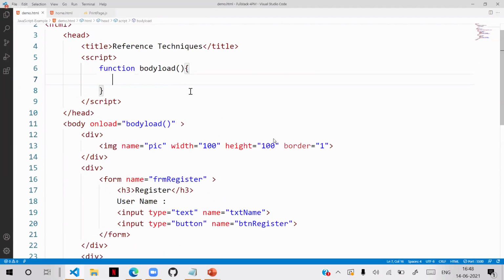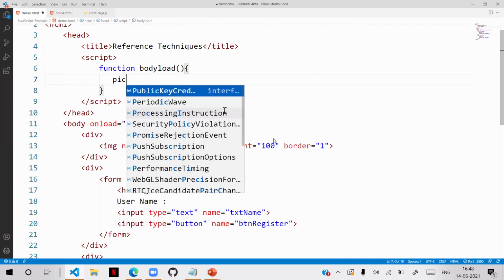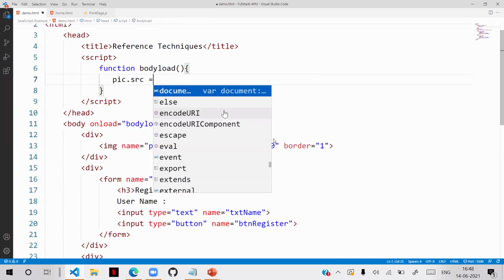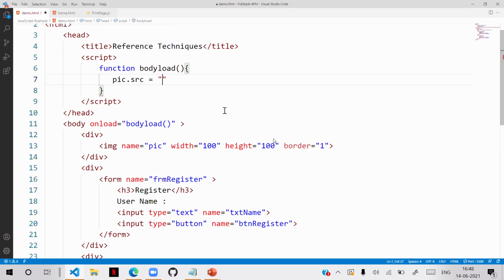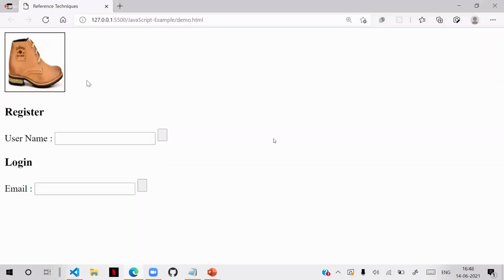Here in body load, you can simply write pic.src is equal to /assets/shoe1.jpg, and you can see it will directly apply that. That looks good. That's very easy. That's very fast.